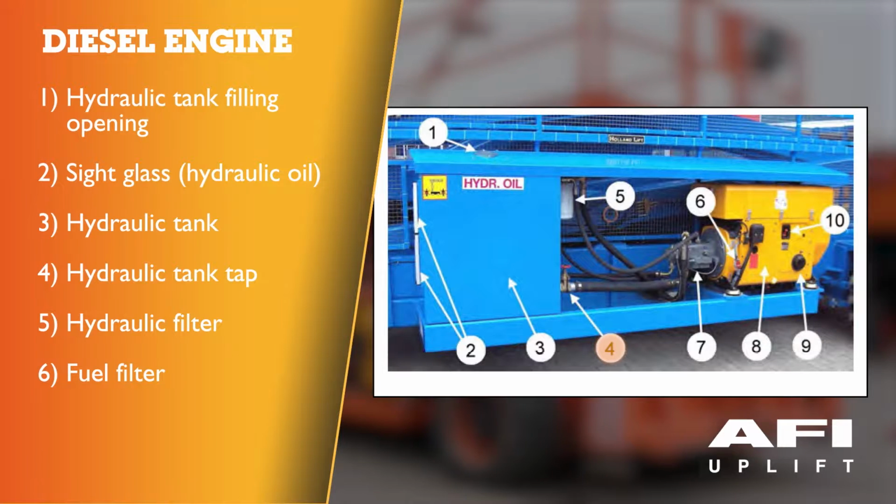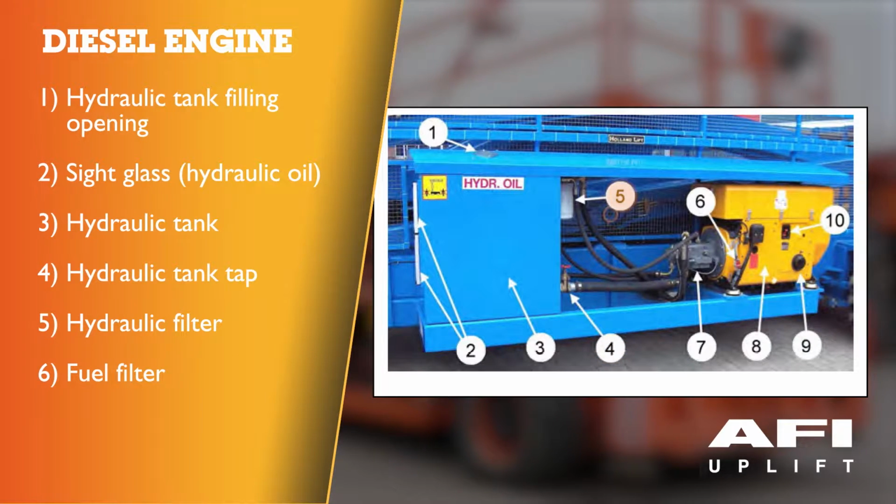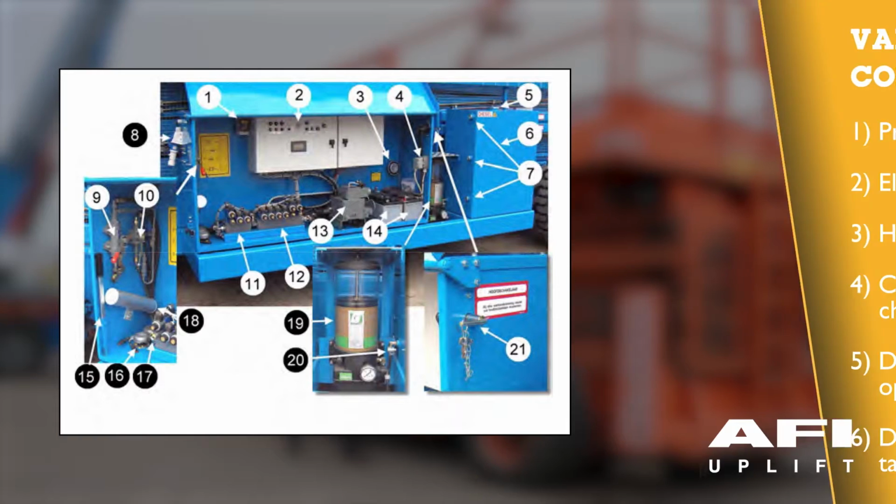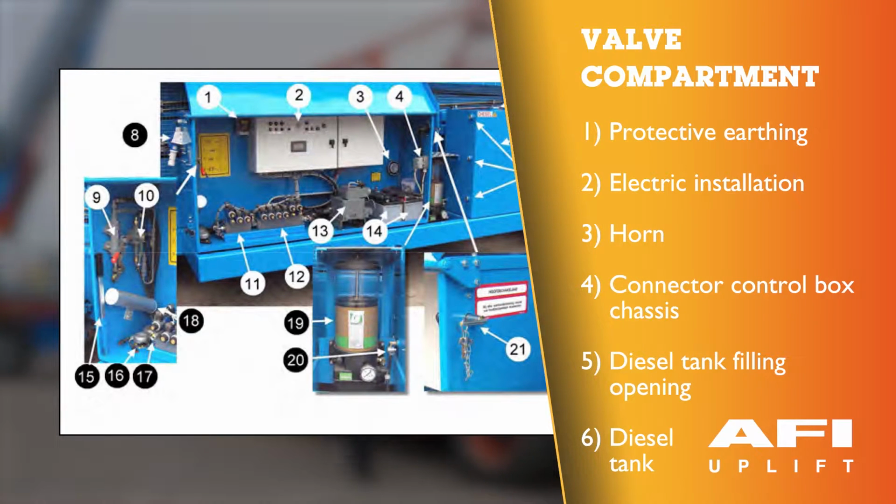4. Hydraulic tank tap. 5. Hydraulic filter. 6. Fuel filter. 7. Hydraulic pump. 8. Diesel engine. 9. Engine oil filter. 10. Engine oil dipstick. Valve compartment. So number 1,